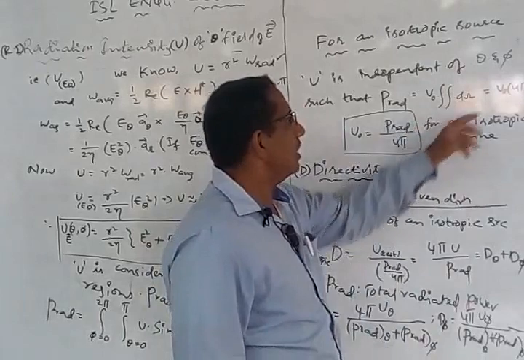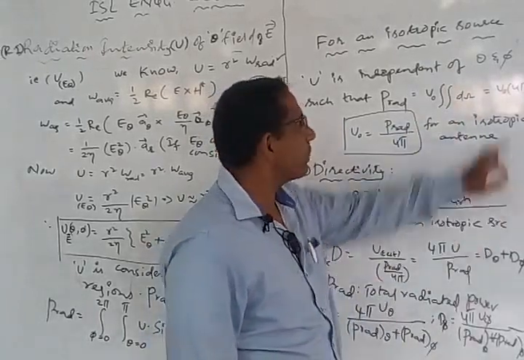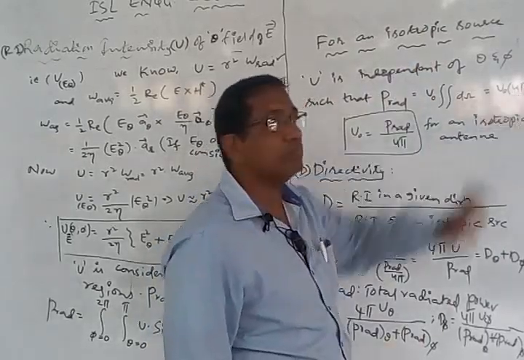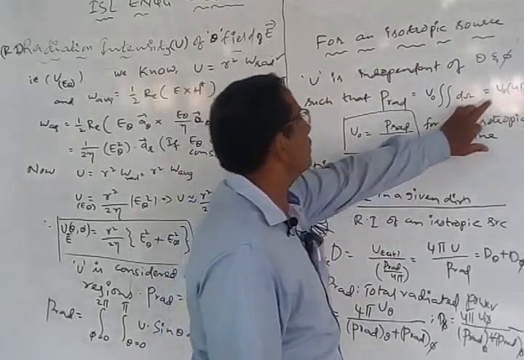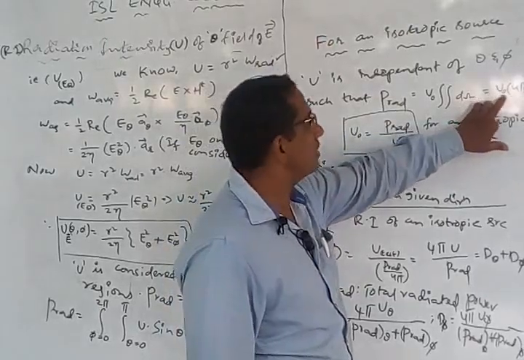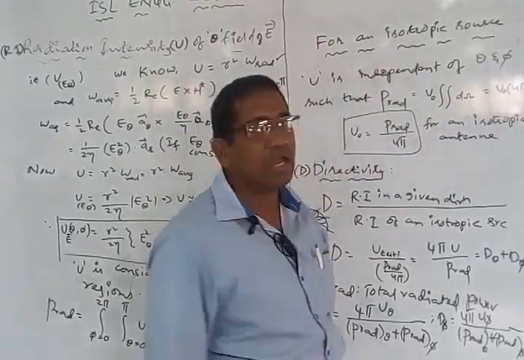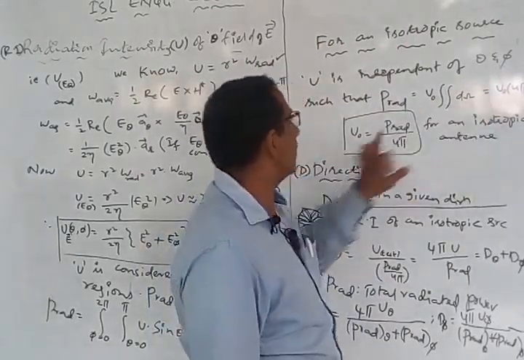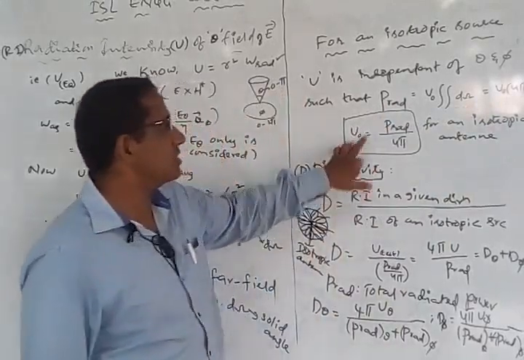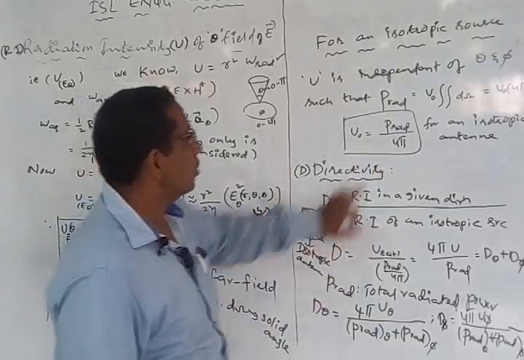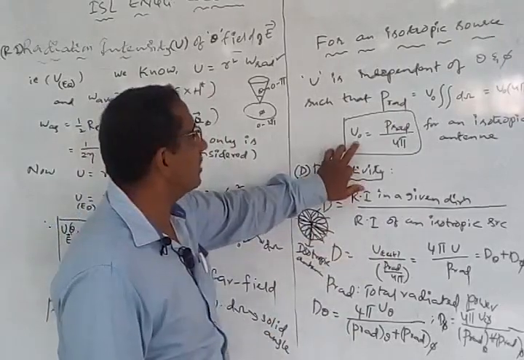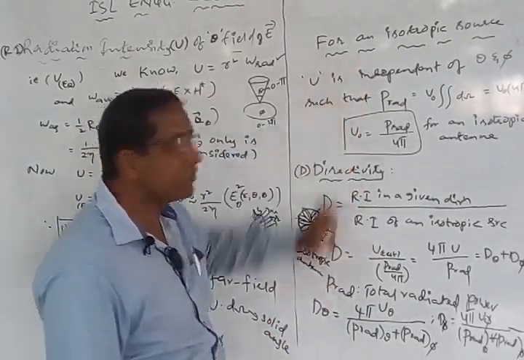So when you calculate this d omega, it is going to be 4 pi that you are going to get. Okay, because the surface area of the sphere is 4 pi r square. So we get 4 pi. Then once we get this, since it is for an isotropic antenna, I am replacing u by u naught. U naught is the radiation intensity of an isotropic antenna. So u naught is equal to P radiation by 4 pi. So this is the radiation intensity equation for an isotropic antenna. So u naught is equal to total radiated power by 4 pi. Thereby we get the radiation intensity of an isotropic antenna.